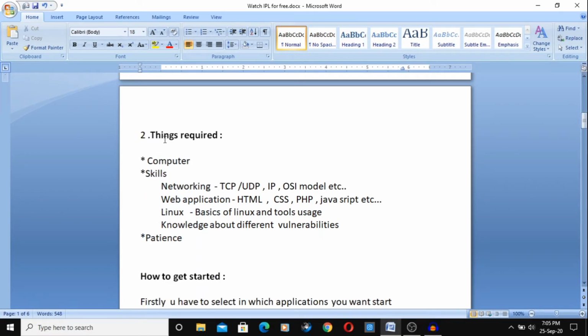Next, the second topic is the things required to start in bug bounty. You have to have a computer, means a laptop or a system, to perform tests, or if you want to do any other physical pen testing, you need to have physical pen testing toolkits, etc. The main thing I have focused on here is web application pen testing and mobile application pen testing. Okay, for it you need a computer, or some people will do web application pen testing through mobile phones, and also